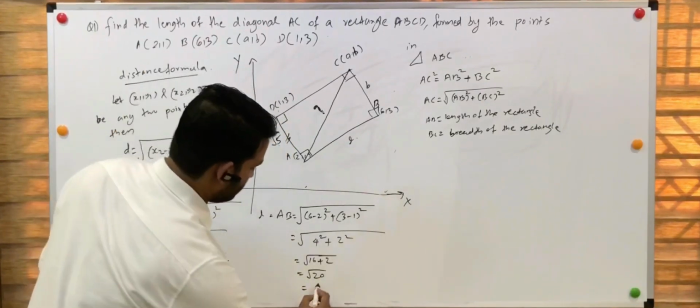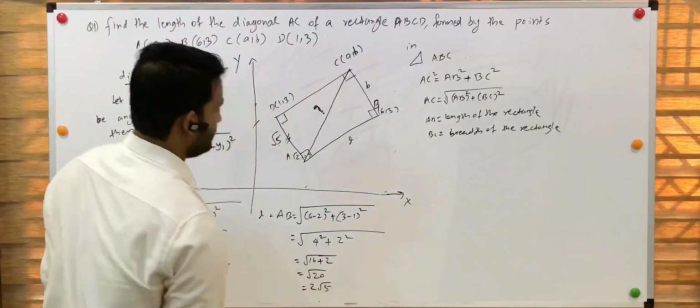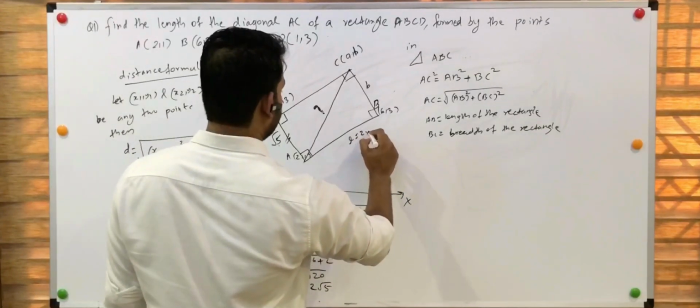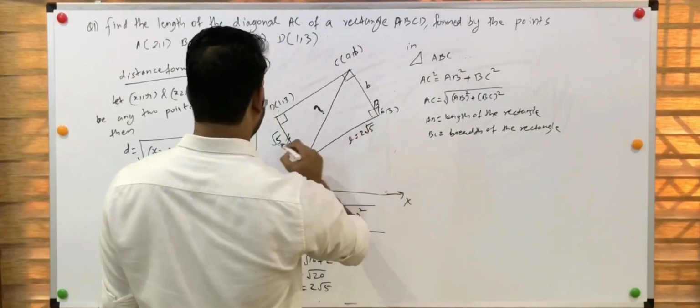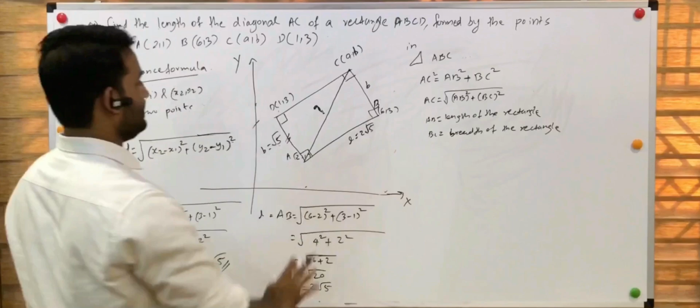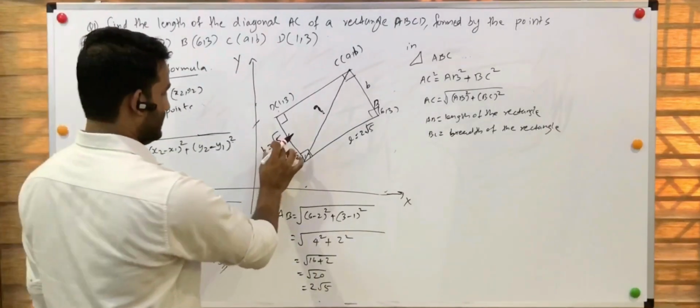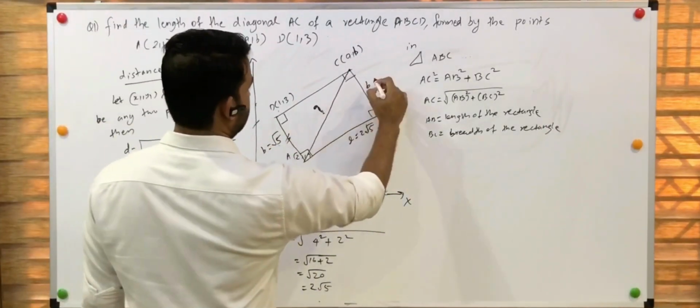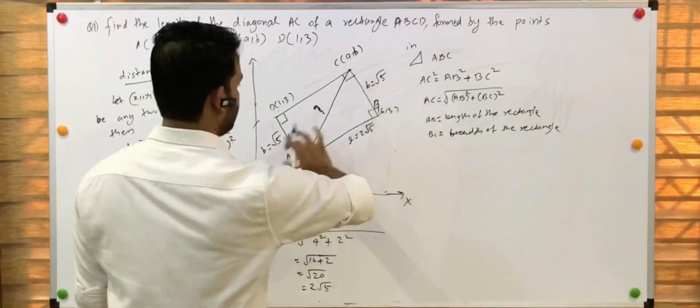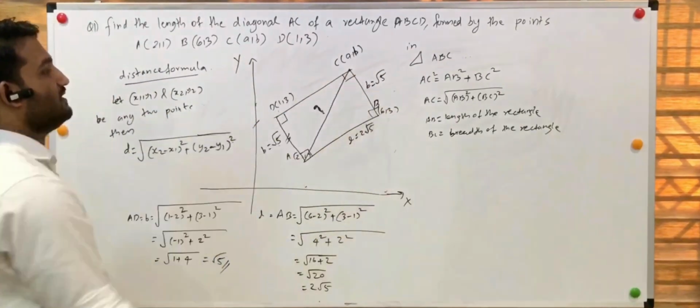We can simplify it to 2 root 5. So we have got L is equal to 2 root 5 and breadth is equal to root 5. So here it is root 5, then here it also will be root 5 because the opposite sides are equal